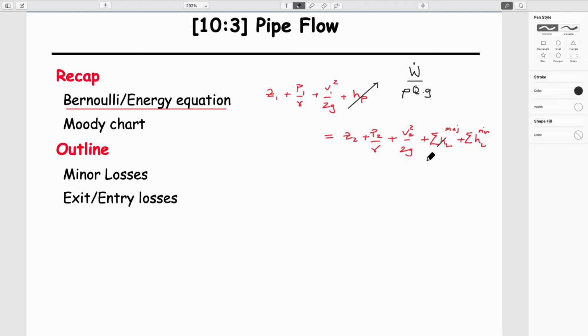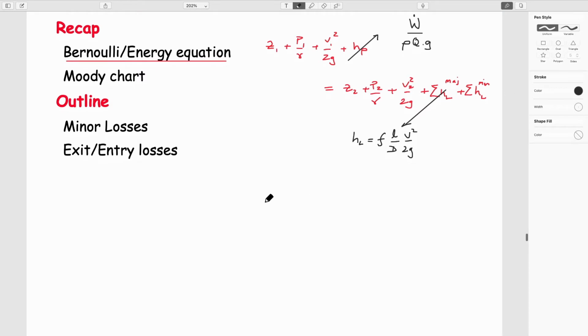We can always get the head losses, as we talked about last time, as being equal to typically a friction factor, which we have to define, times the length of pipe over its diameter, times the velocity squared over 2g. Importantly, we made the case, and maybe I'll make this a bit more interesting by doing it in terms of our,